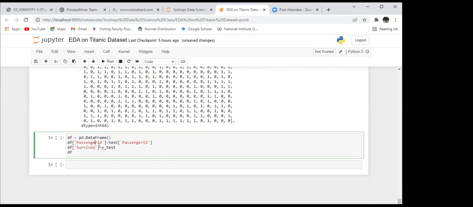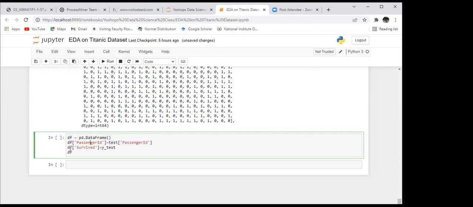Now you can make your data frame that will show the passenger ID along with your predicted Y values. So you will call one data frame. You will insert a column named passenger ID, whose values will be derived from the test data that you had. This portion is making a column inside this data frame, right? And this portion is taking the passenger ID from your test data.